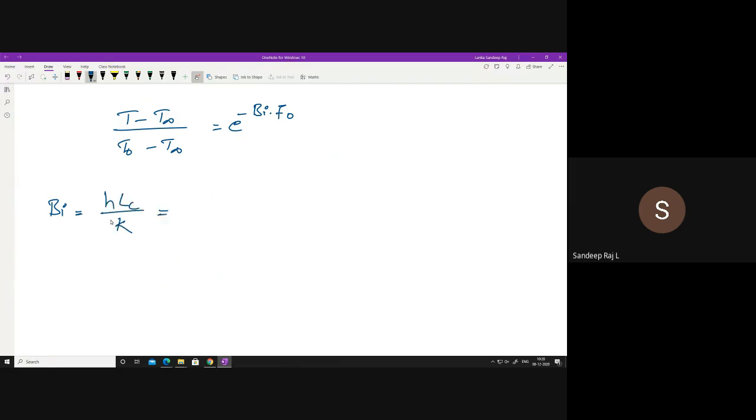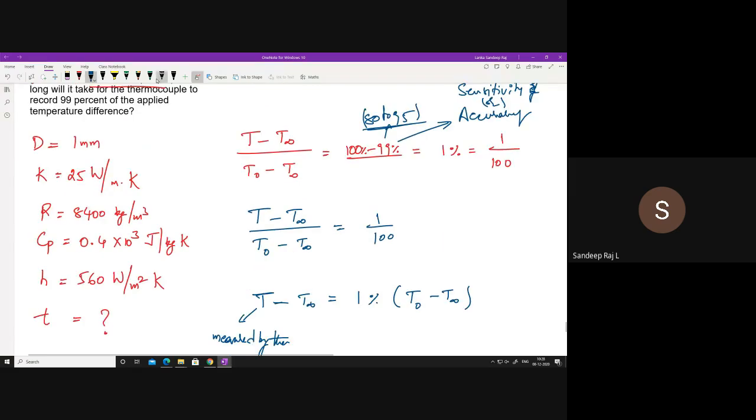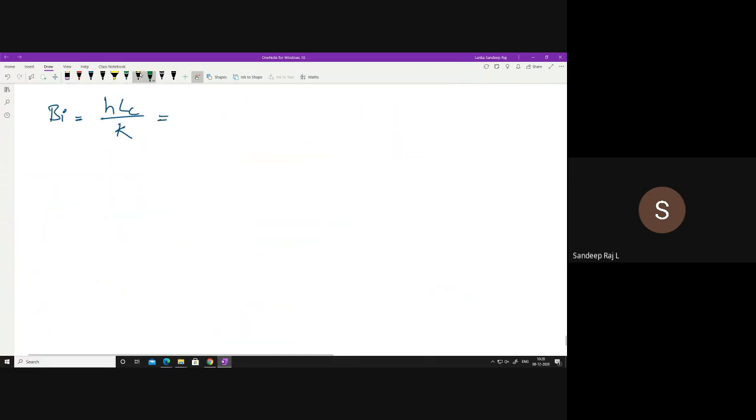So the H value is given in the question. H is known and K is known. Do you know Lc here? D is given here. Lc you don't know, actually you have to calculate it. Lc is volume by area, Lc meaning the characteristic length. It is the ratio of volume by area. Volume of the sphere, what is the formula? It is 4 by 3 pi r cube